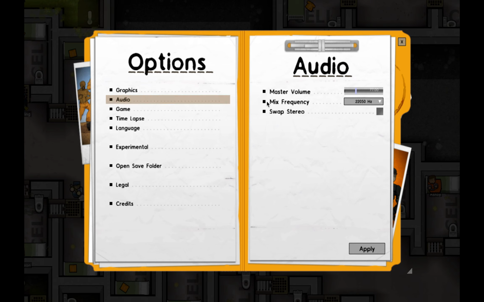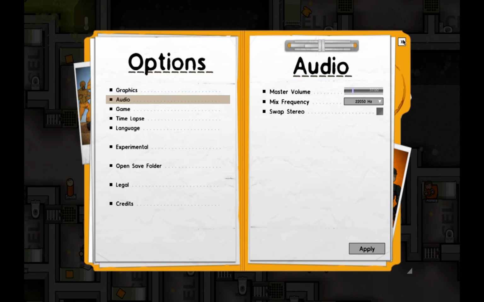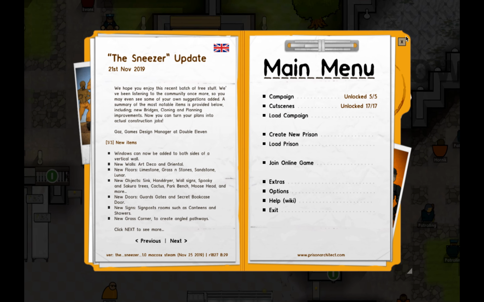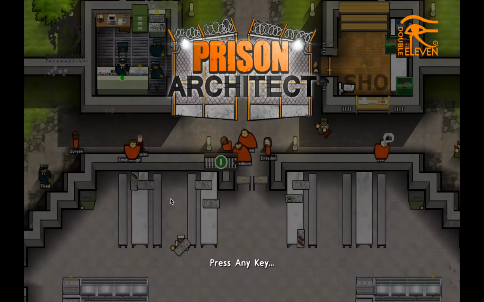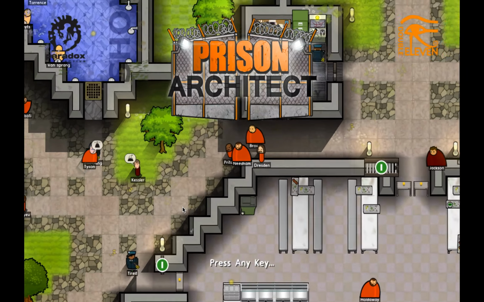This is going to be Prison Architect. I'm going to turn down the sound just in case it's a bit too loud. Okay, so Prison Architect, we are going to be starting a new prison, but much as the name entails, you are in charge of a prison which you build. There's also an escape mode in which you play a prisoner and try to escape,